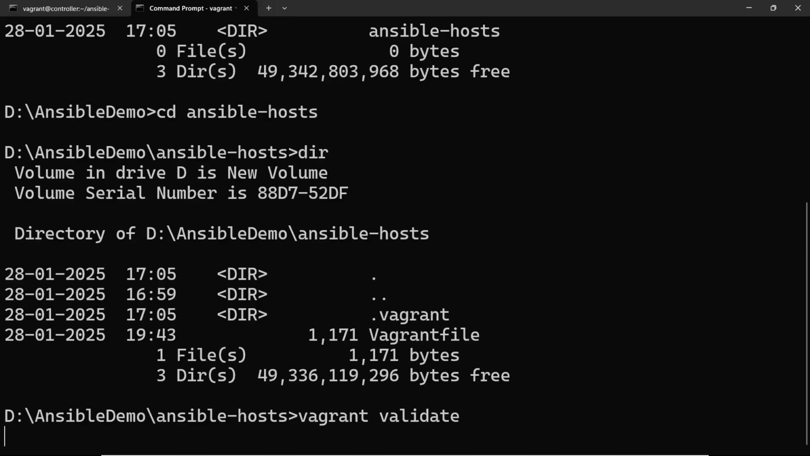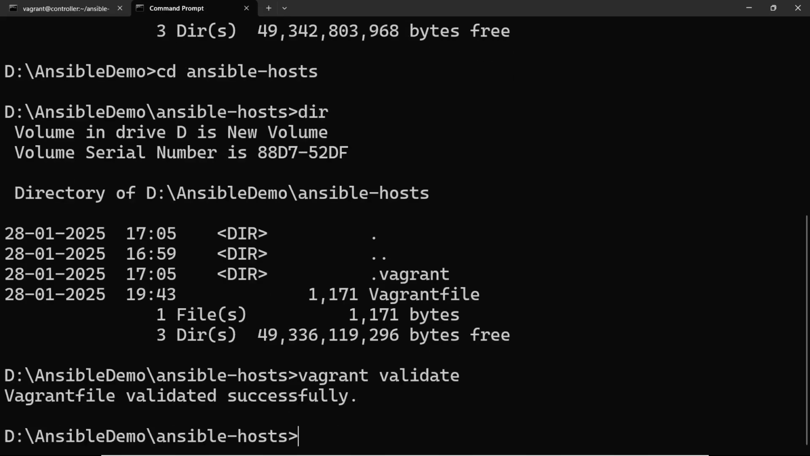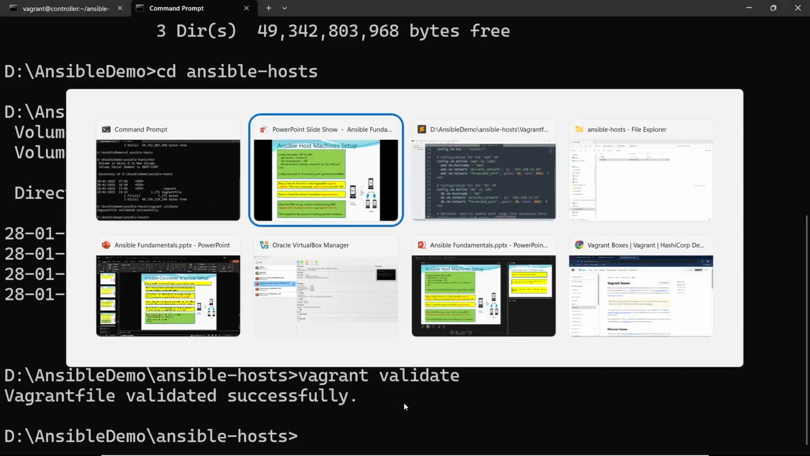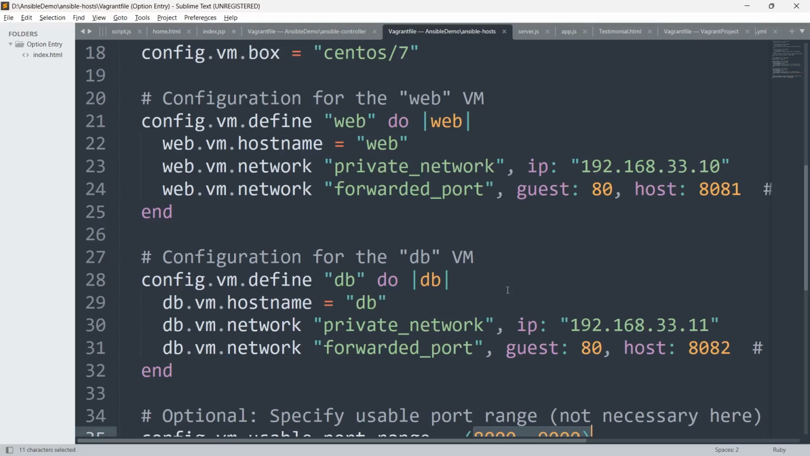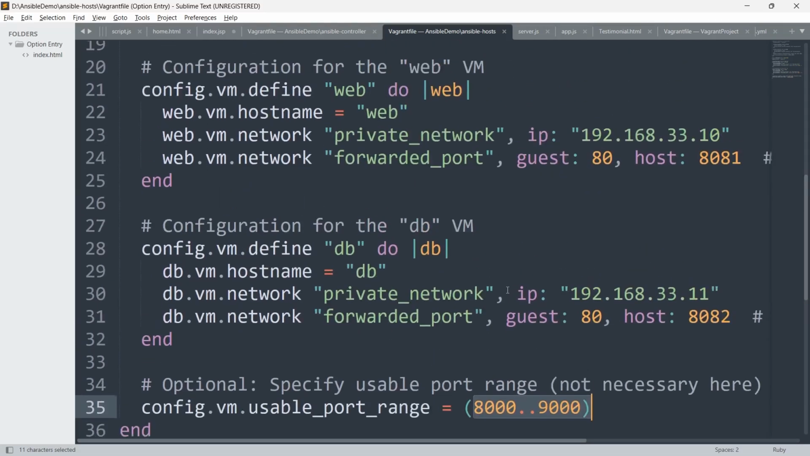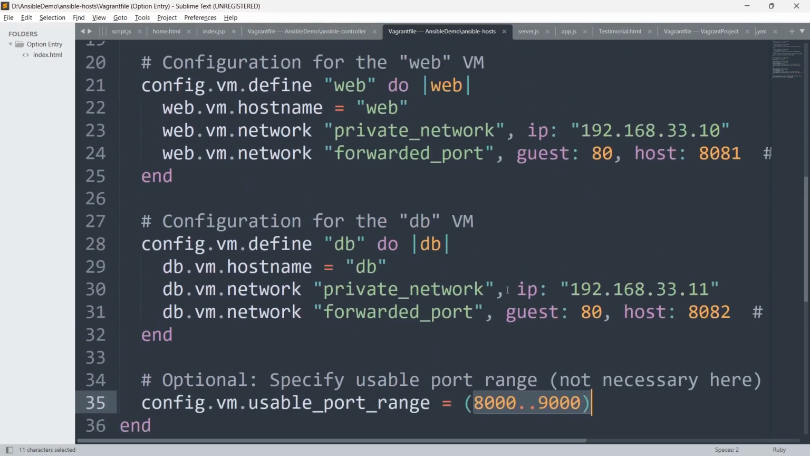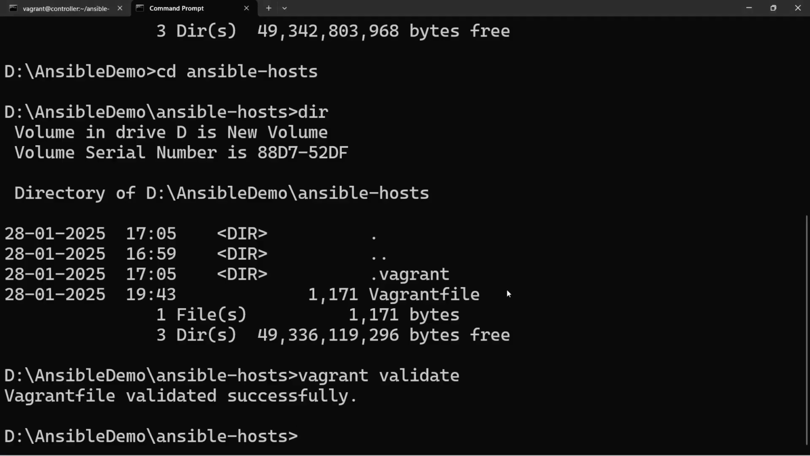Whatever instructions are written in the Vagrant file should be correct. So you can use this vagrant validate to check whether the instructions, the command, is valid or not. You can see it is validated successfully. That means whatever is written here is absolutely correct and fine. There are no errors whatsoever. Now we can write vagrant up